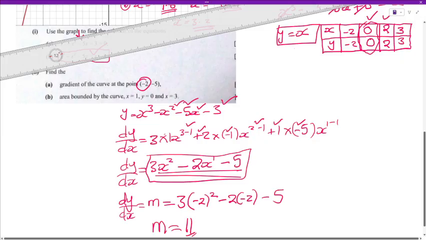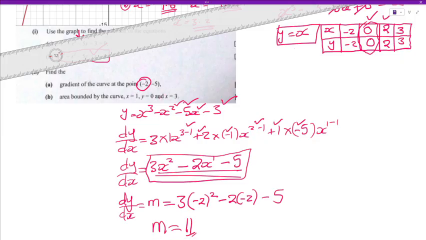Just like that. Differentiate the original equation for the curve, then wherever there's x in your final answer, plug in the x coordinate you will be given in the question, then solve. That will be your gradient. As simple as that. We come to this one now, area bounded by the curve,